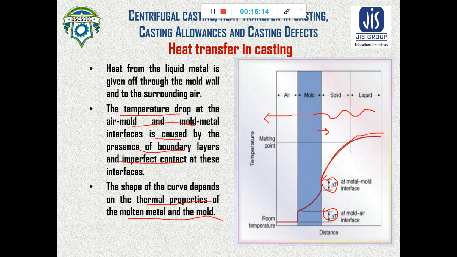So this is how heat is transferred in the casting, and this is the temperature distribution in the casting. So these two things are important. And you can see from here what I have told in case of solidification, that the solidification front starts from the wall and it moves towards the center of the casting. So from here it is exactly clear how the heat is transferred.